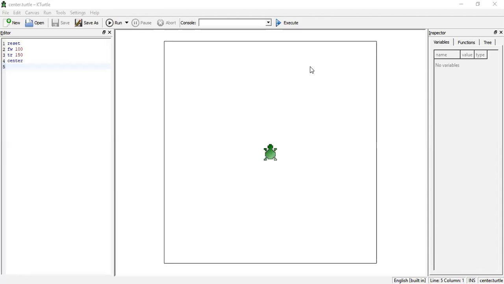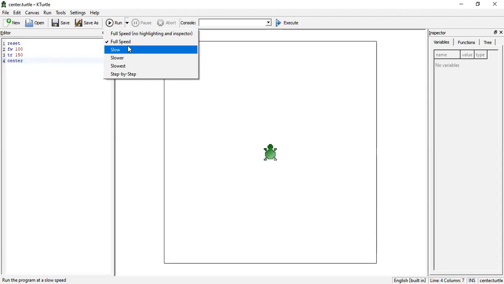Yes students, now as you can see I have written these same commands I have discussed with you in the slide: reset, FW 100 and TR space 150, and again center. And my turtle is here in the center of the screen. Now let's apply this function.